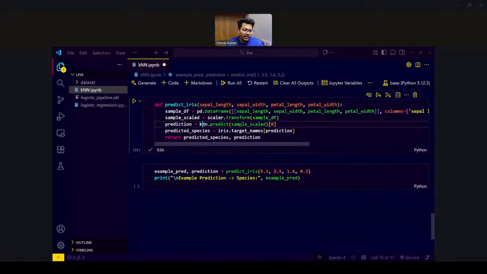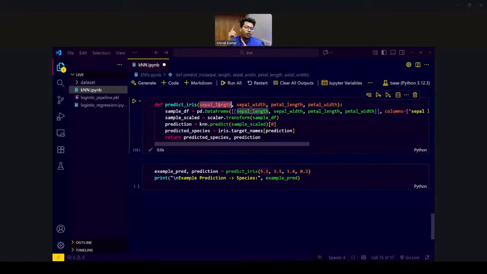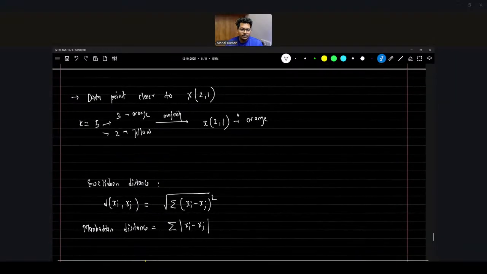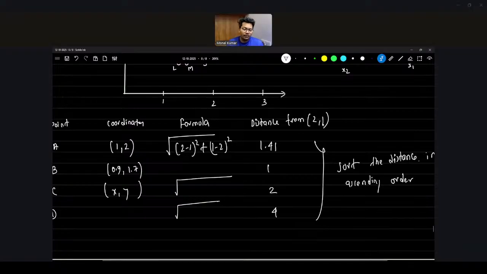In this KNN object, we have all the data points. When we pass 5.1, we are passing it to sepal length. 5.1 minus sepal length of all the data points. 3.5 minus sepal width of all the data points, squared. We will keep on doing this. Are we able to understand? In the previous example which I showed, we only had two. We were using distance of 2, 1. But now we will be calculating distance of